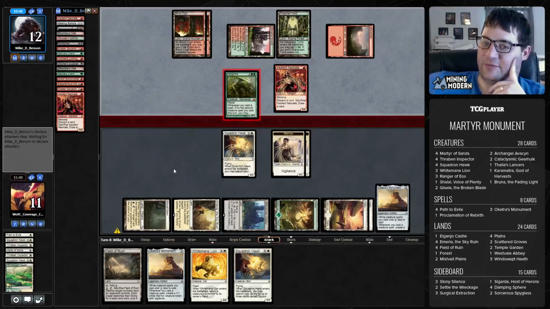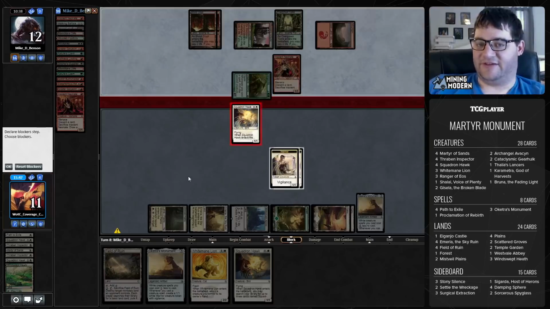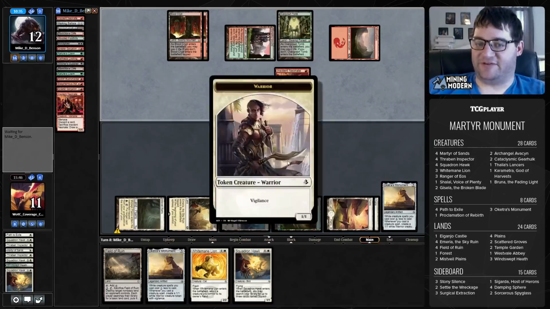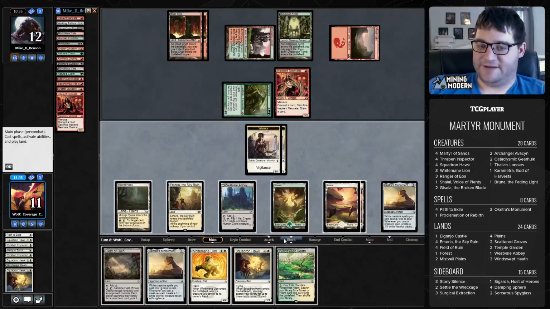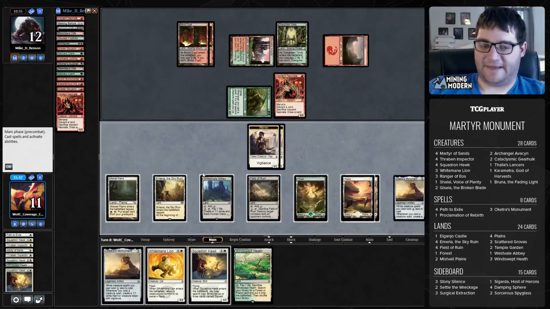I mean, I get to make so many tokens. This game's just over in a turn or two. Unless they pull something very good out. Remember I talked about these tokens having Vigilance? Yeah, pretty good right now. Alright, I'll play this Field of Ruin, I guess? I don't really want to fetch down to 10, so...